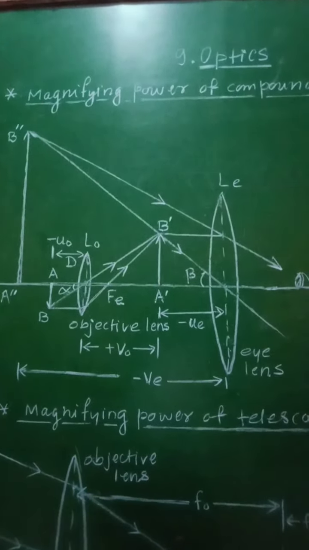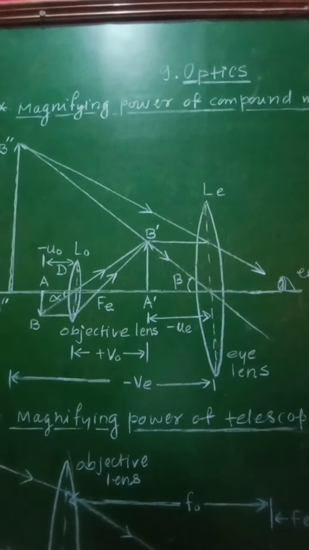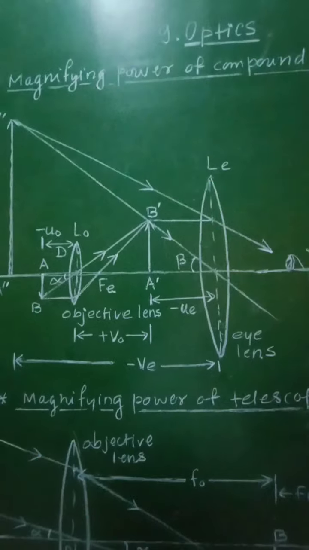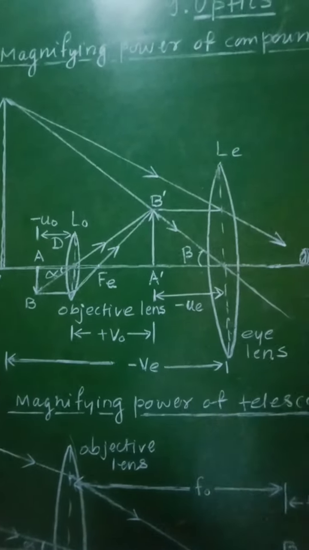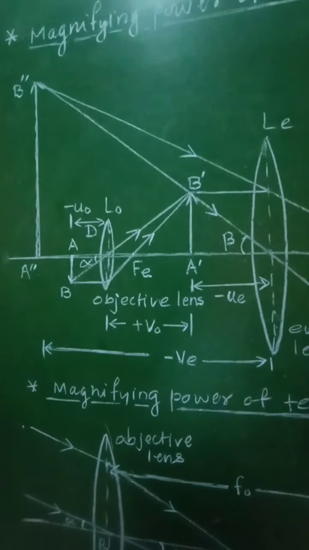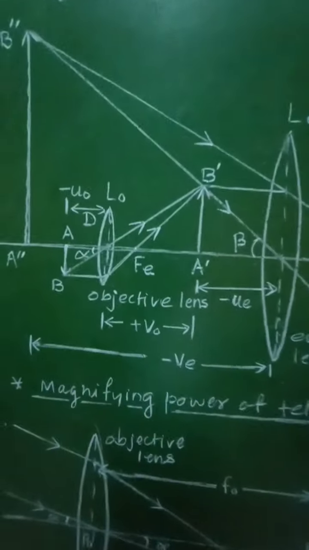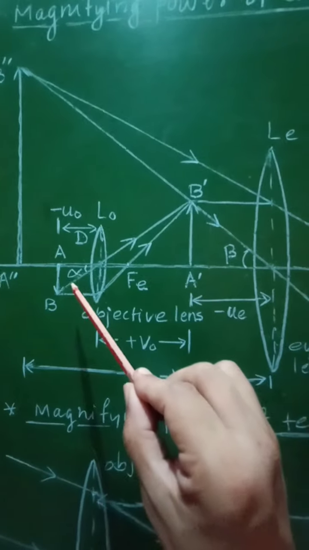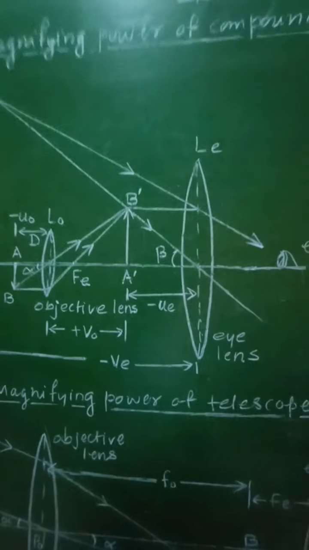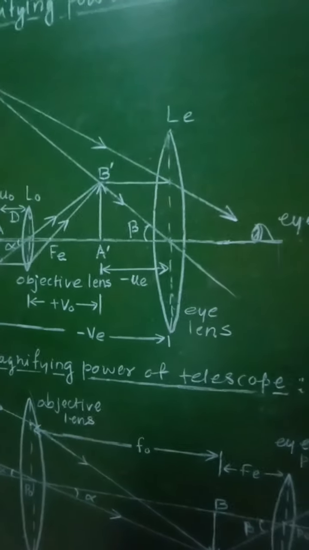The final image makes a virtual angle of beta at the eye, and the virtual angle made by the object at a distance equal to capital D is equal to alpha. So that we have already seen, that is, alpha is the angle made by the object and beta is the angle made by the final image. And now